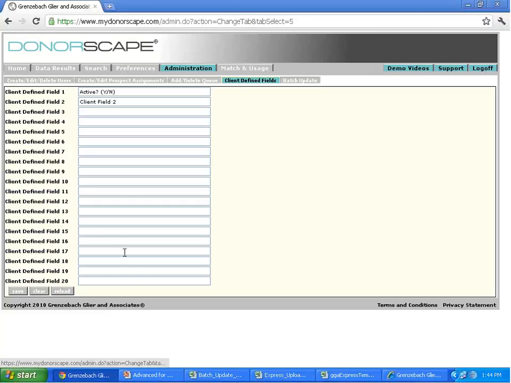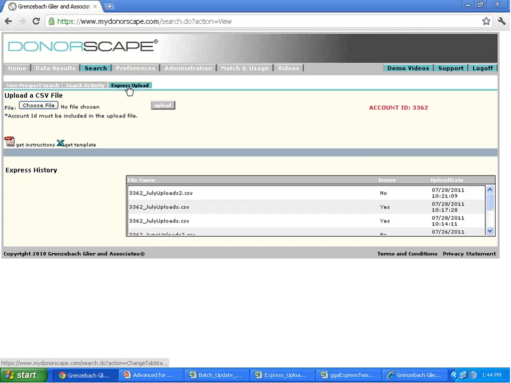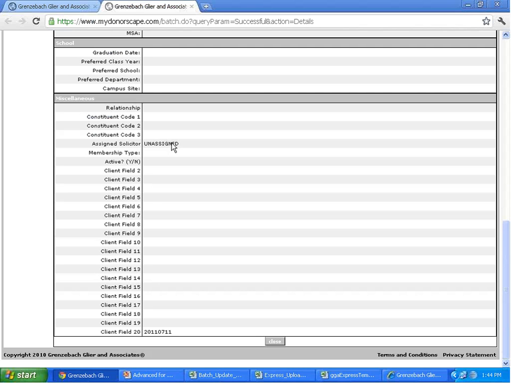For us, in this account, we have two, an active indicator as well as, actually no, we don't. We just have one. But you can also see it under View Prospect Details. If you go under Data Results, View Prospect Details, and you scroll down,